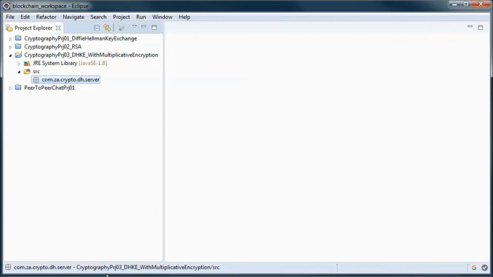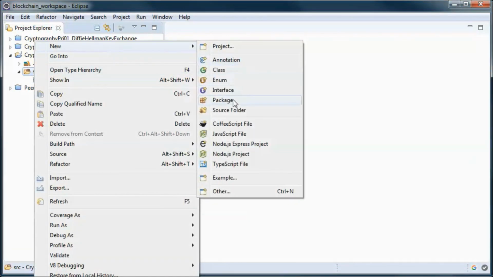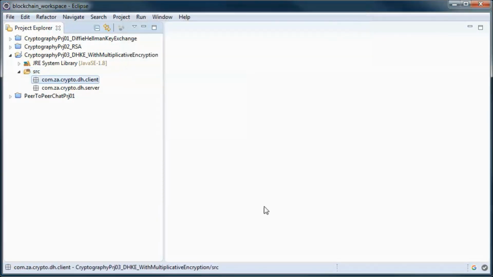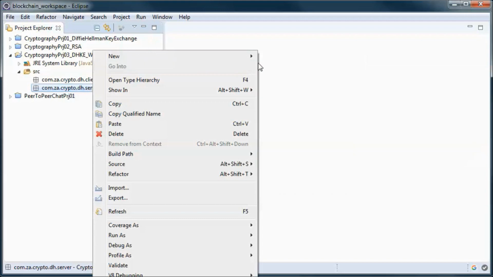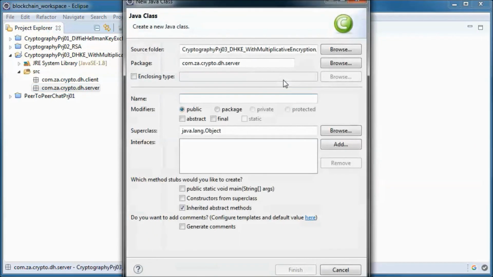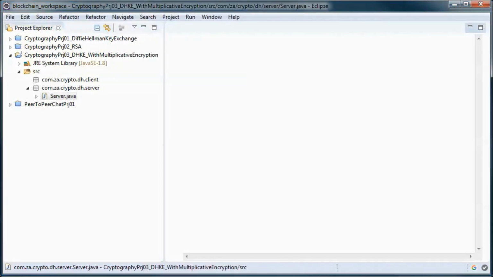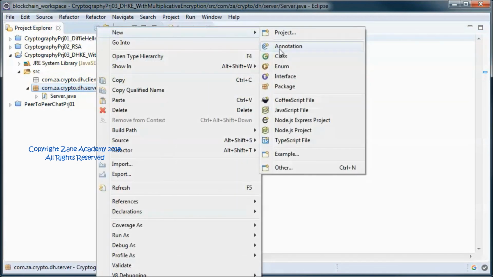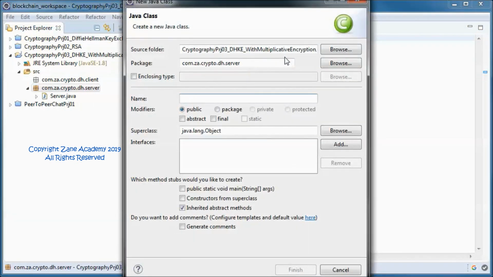So we will have two packages, a server one and a client one. And same as before, in the server package we will have two classes, a server class with a main method and a server thread class.